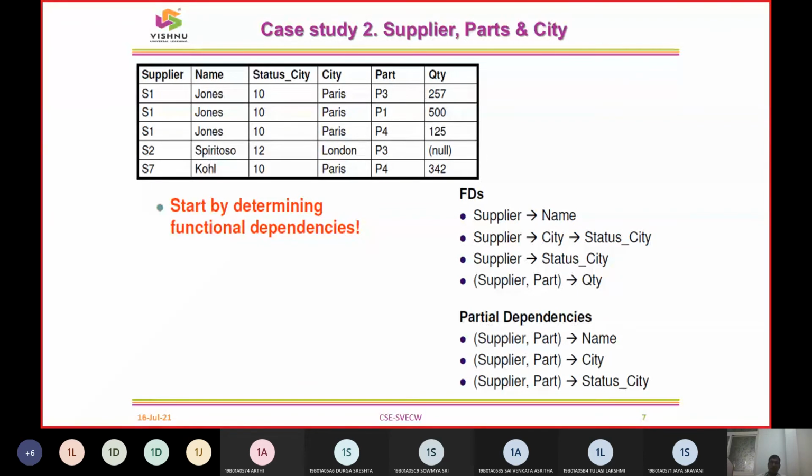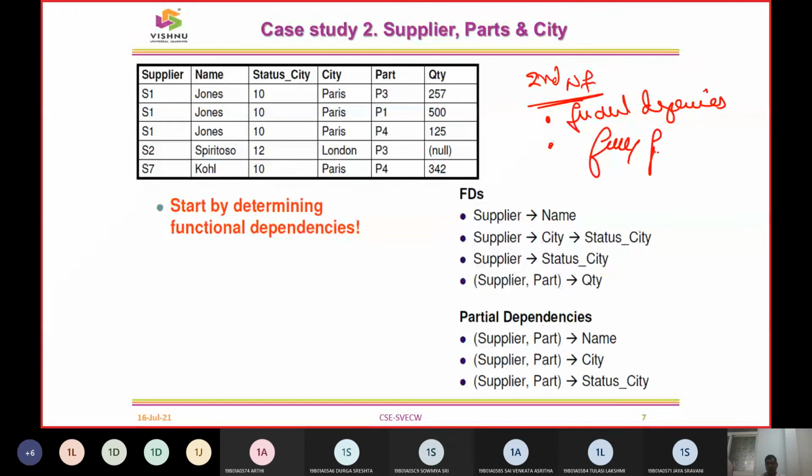So after first normal form, now let us look at an example where we are going to have the illustrations for the second normal form. When we take up the second normal form, there are two issues which need to be looked at. One, we are going to call it functional dependencies. Two, we are going to call it fully functional dependencies.